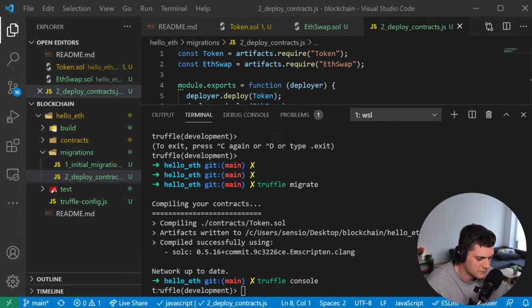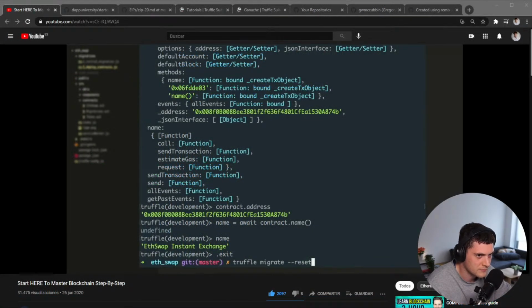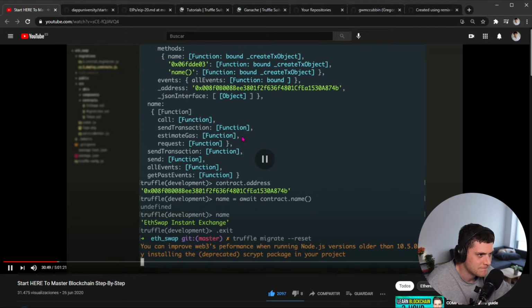Say exit with a dot in front of it. All right, that. Well, smart contract code is immutable. It cannot change. That's the whole point. Whenever you write the smart contract code and you put it into the blockchain, you can't update it like you would a normal application. So the only thing you can really do is deploy a new copy of it to the blockchain, and that's exactly what this reset operation does. So if I say truffle migrate dash dash reset, hit enter, it's going to put a new copy of